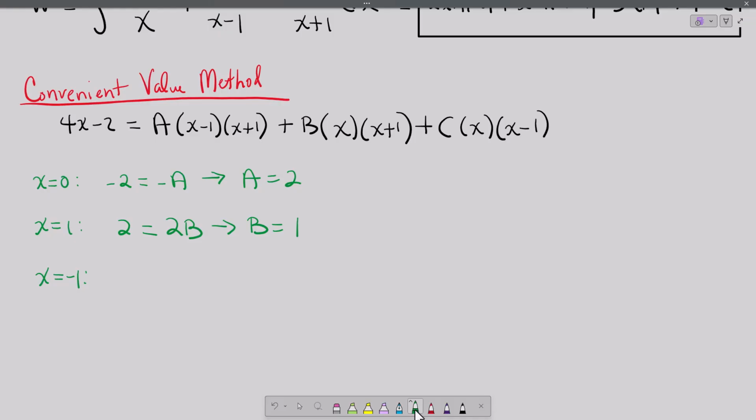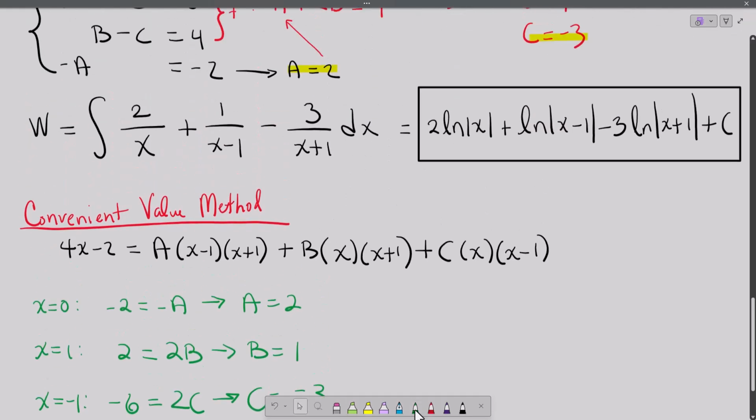Now we plug in negative 1 across the board. Negative 1 there gives us negative 6. Negative 1 here gives, right, 0. Negative 1 here gives 0. Negative 1 here, let's see, negative 1 and negative 2, and they get multiplied together. So that's positive 2 times c, so that's 2c, so c is negative 3. So 2, 1, negative 3,